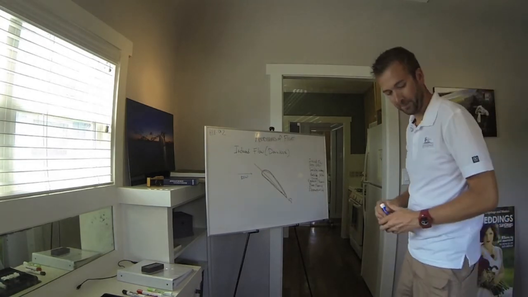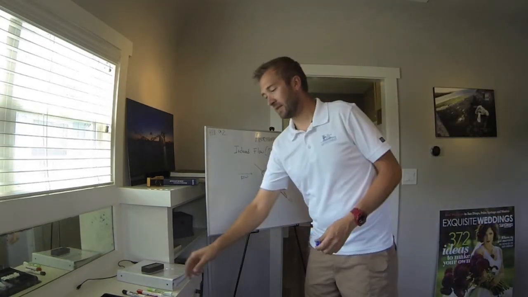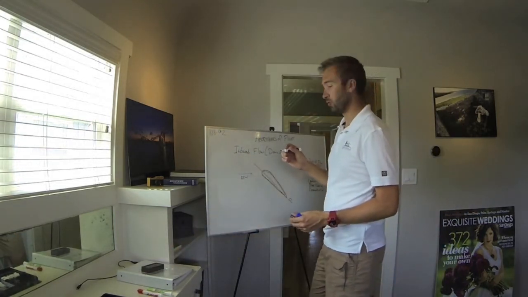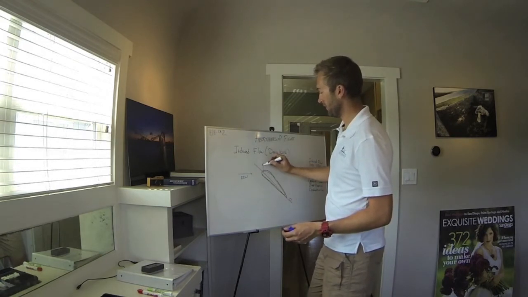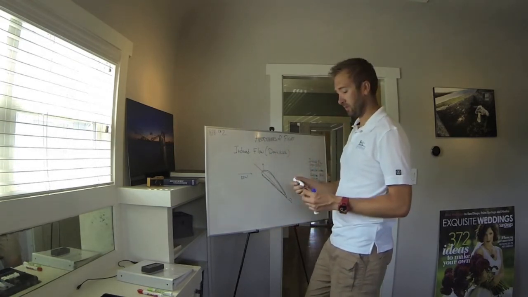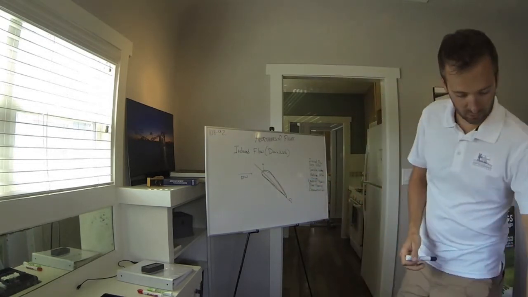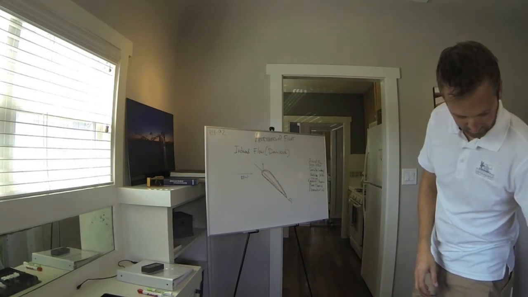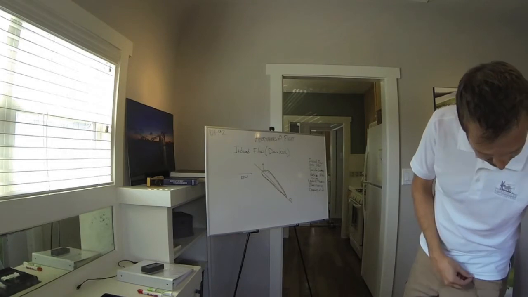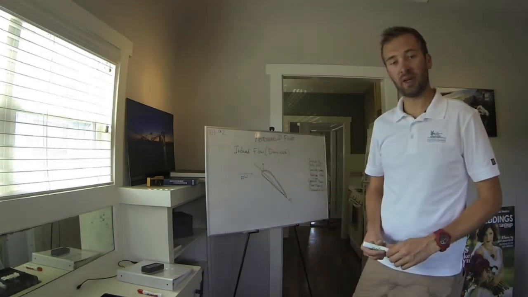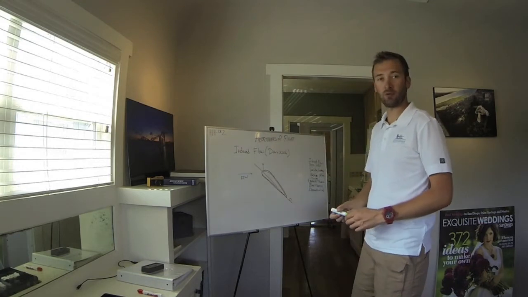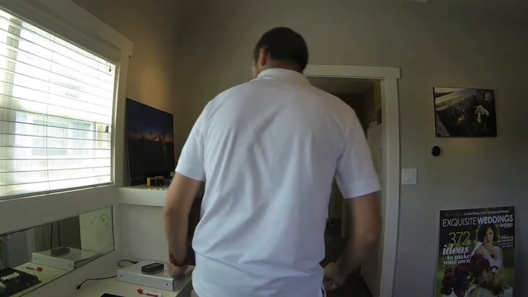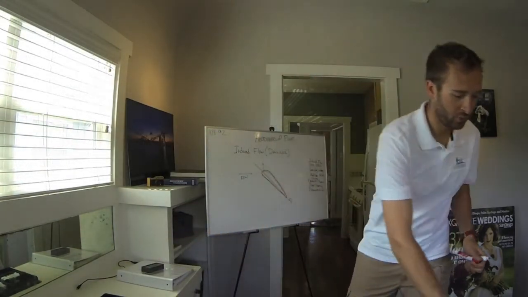So normally, lift is always going to be perpendicular to relative wind, or rotational relative wind. So normally you would have lift reacting straight up. But because of induced flow, because you've got air coming straight down through the rotor system, that changes your angle of attack from being, bring the blue pen back,